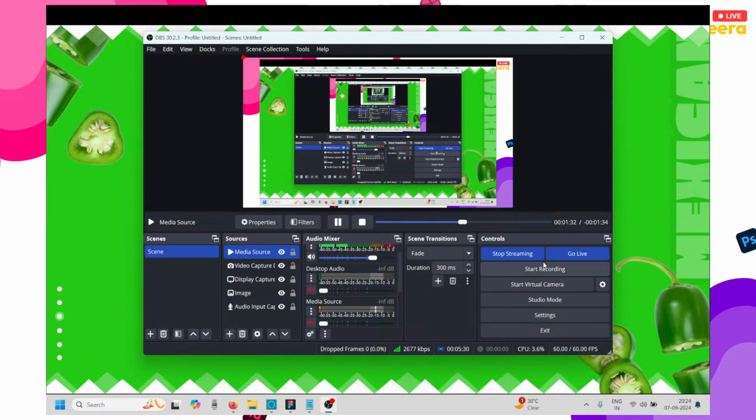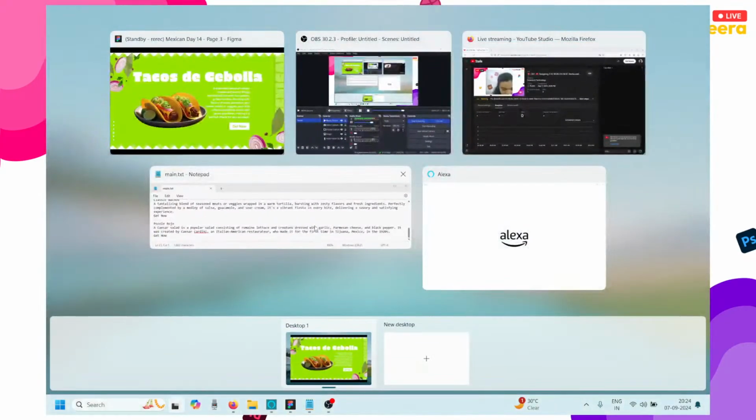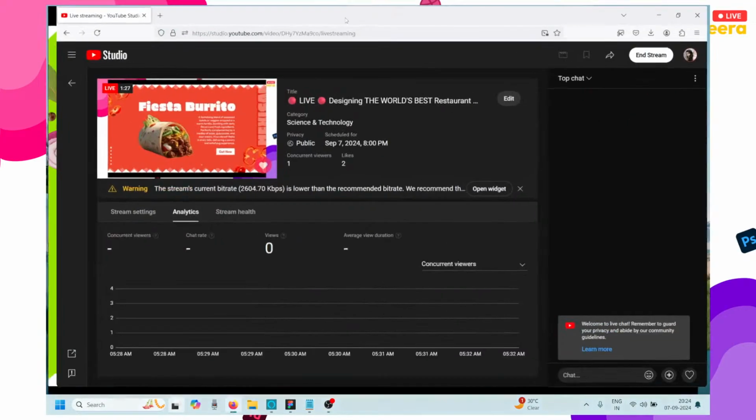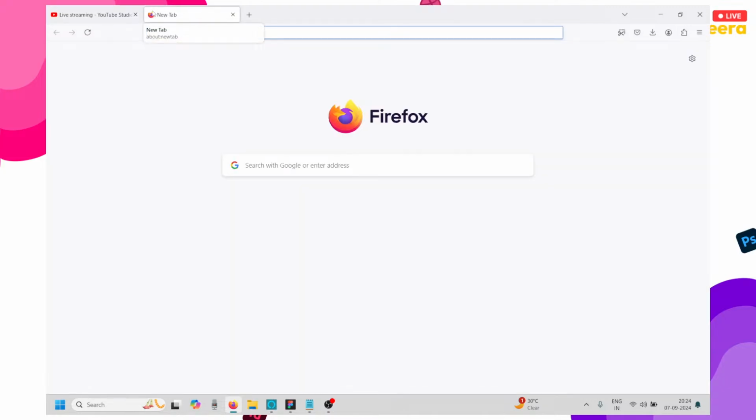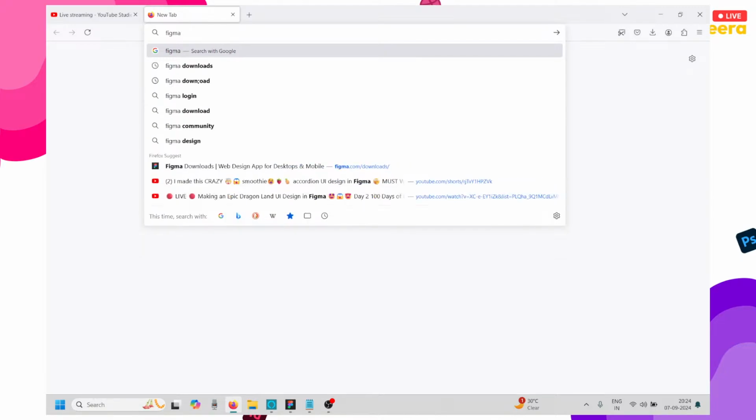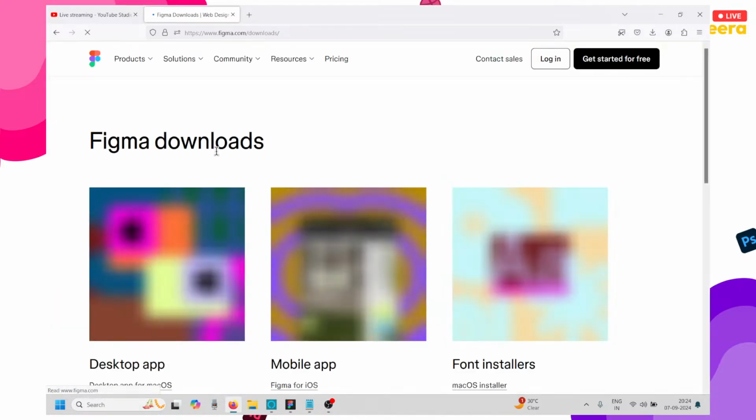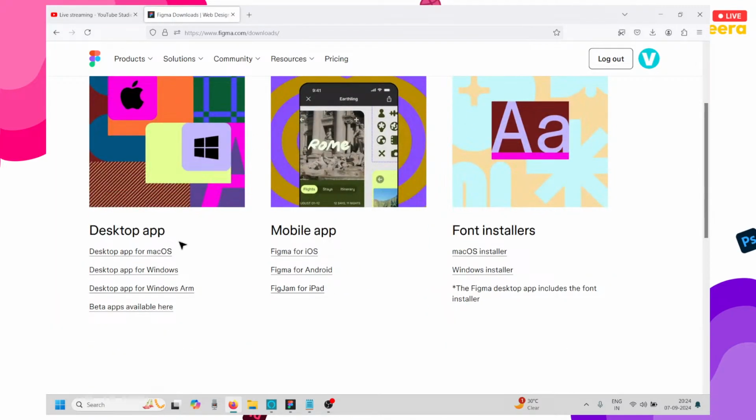Alright, so the very first thing we're going to do is open up Figma, because obviously this design is made in Figma. The way you're going to do that is click on a new tab, go to Google, and search for Figma downloads. You can also directly go to figma.com/downloads. If you've already installed Figma, you can easily skip this step, and then download your desktop app for macOS or your desktop app for Windows. Once you've installed whatever you need in order to get this working,